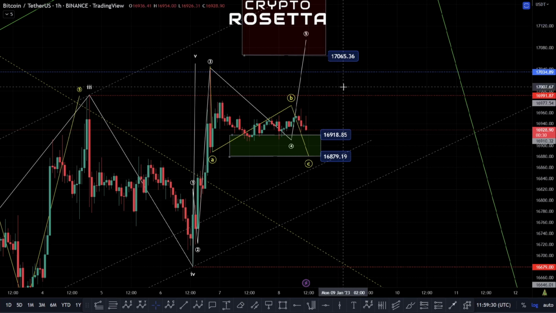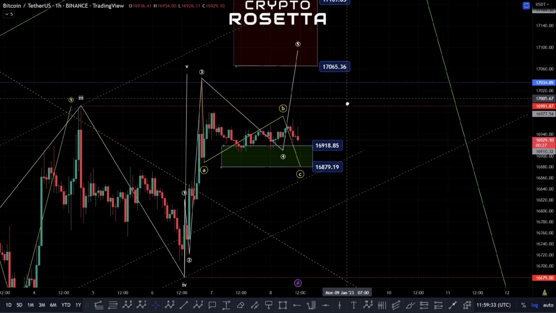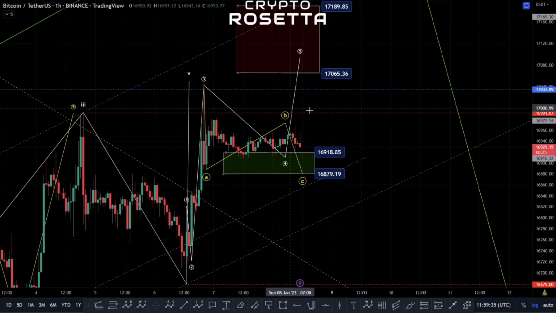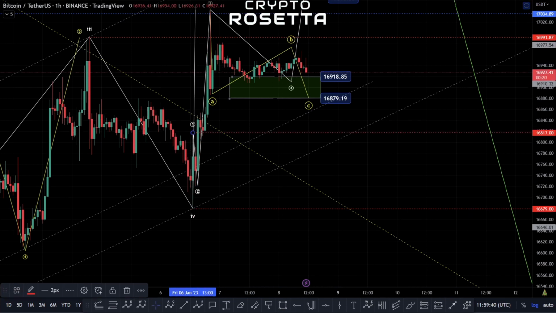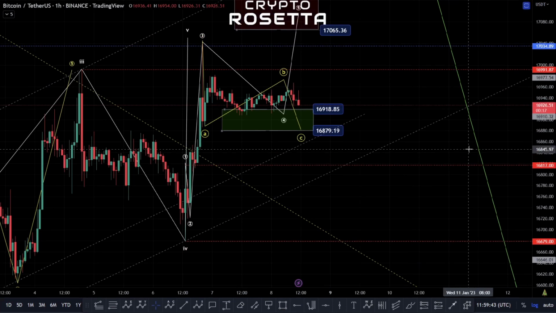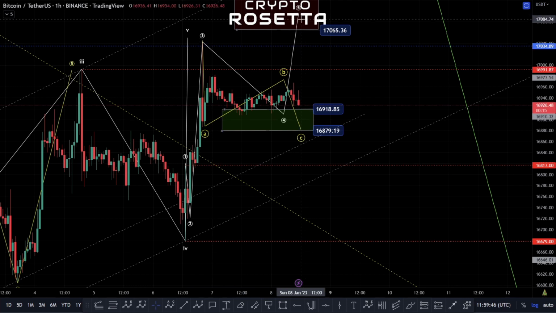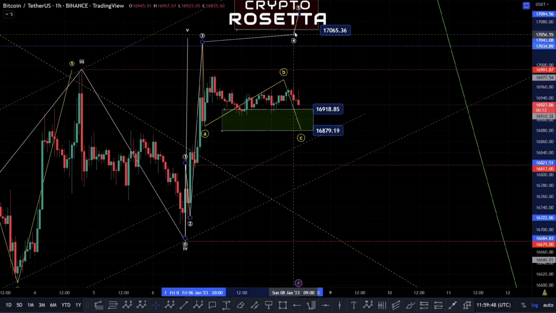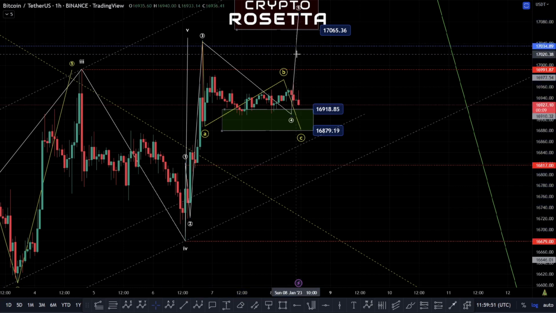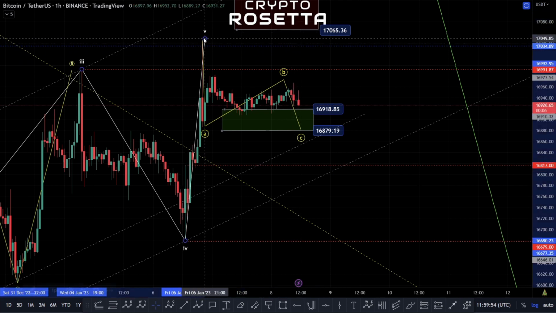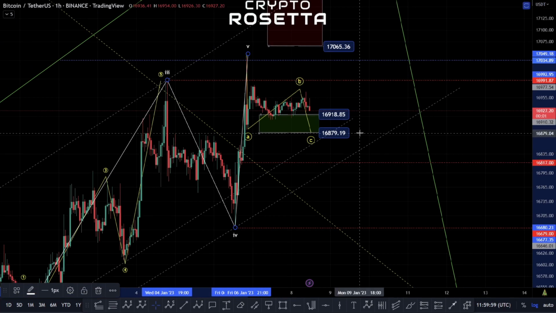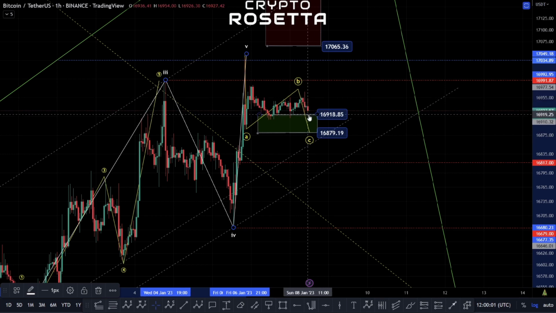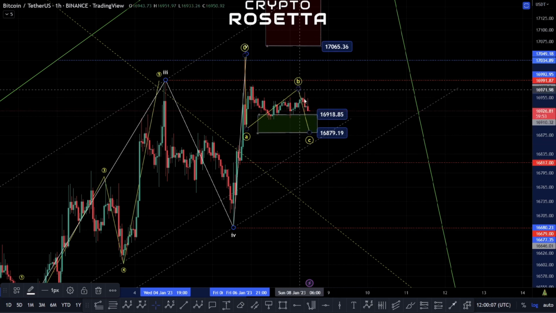So it is possible that we could push down here and then have that push back to the upside. If we do push slightly lower, that would change this 5th wave target, and we'd still be looking to move up here. Though moving down past this point of 16,817 would actually indicate that we have invalidated this 5th wave move. And what we would have to look at potentially is that this 5th wave actually ended here. So we'll have to give it a bit of time to progress and see how the moves react. We are starting to move down here, so it'll be interesting to see whether we can maintain this zone and look to push up. Alternatively, like I said, we'd be looking for that